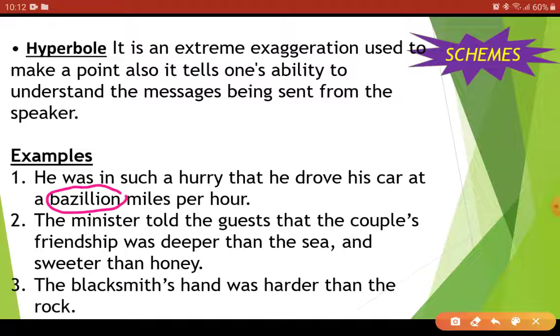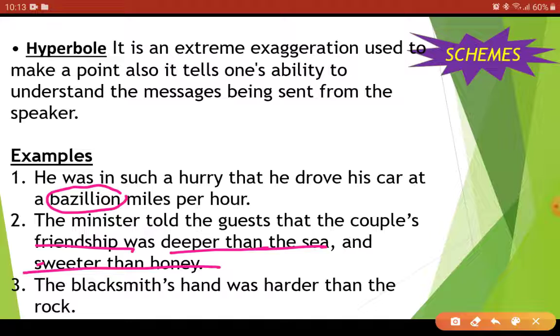hyperbole. The minister told the guests that the couple's friendship was deeper than the sea and sweeter than honey. How can a friendship be deeper than the sea and sweeter than honey? First of all, friendship is not a thing which has some physical appearance, and then we are comparing it with a thing which is very immense, that is deeper than the sea. You already know how immense and big the sea is, and moreover it is deep. And how can it be possible that a friendship is deeper than this? So it is